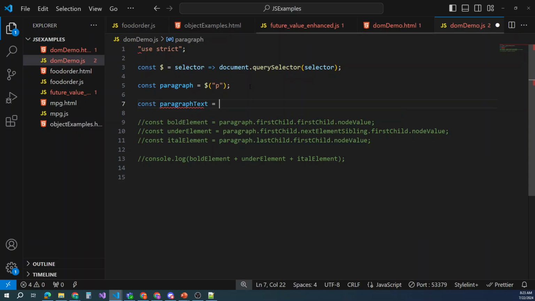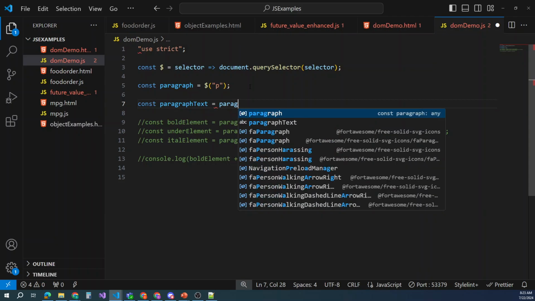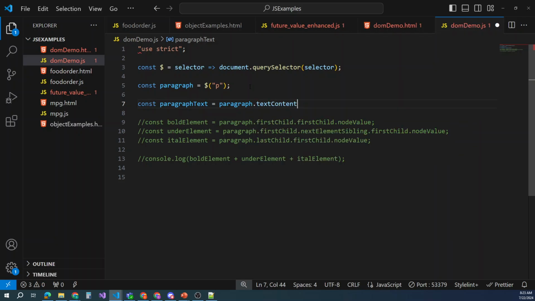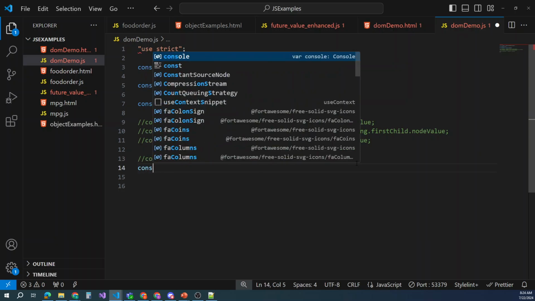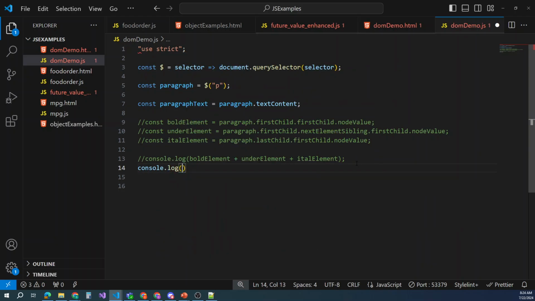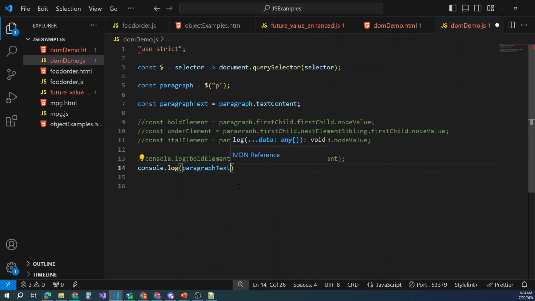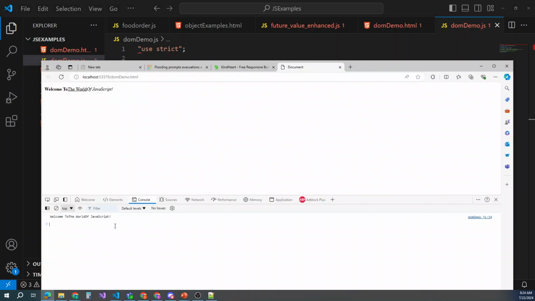Paragraph text equals text content, and if we do a console.log for that, save that, go look out in our console again, you'll see the welcome to the world of JavaScript